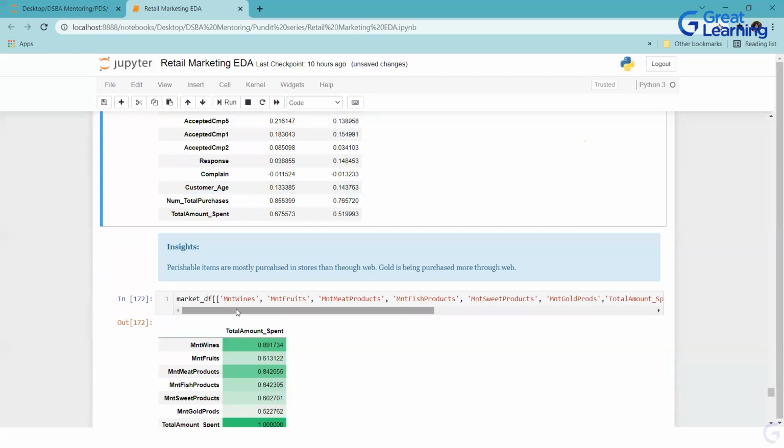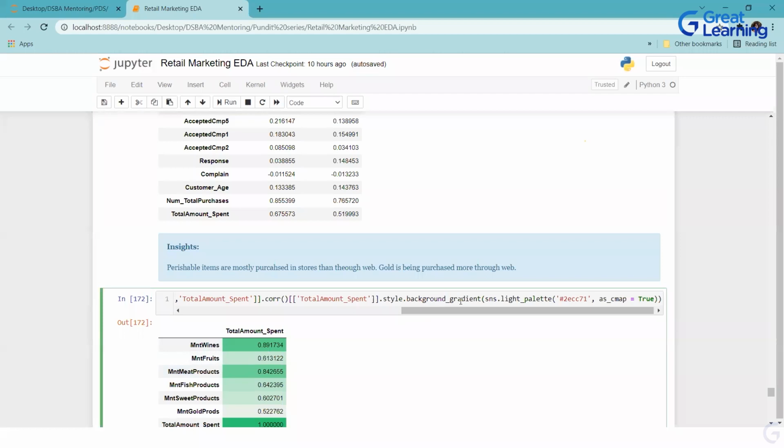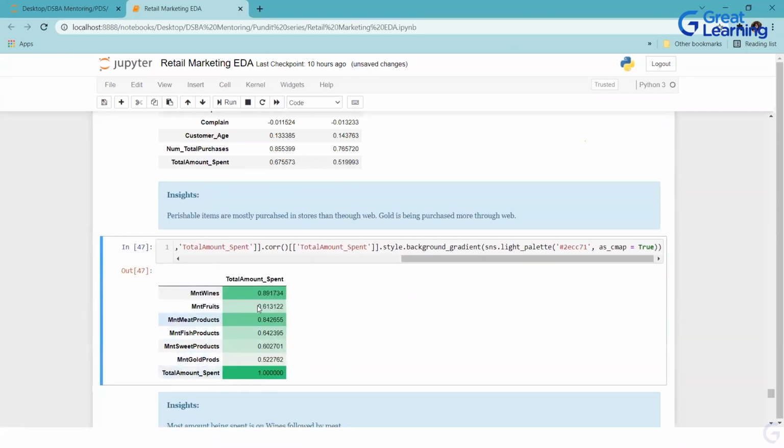Okay. So what I did is I took all these columns only and I have added a new thing over here. This is like the conditional formatting that you do in Excel. Over here, you have a style background gradient without creating the heat map. I have nowhere created the heat map. Can we plot a graph using correlation? Yes, you can plot a graph, that is your heat map. This is what I am doing, a conditional formatting over here. It will color code based on the correlation like it does in a heat map, but without creating the heat map. Same thing I showed you above, only for a few of the columns: all the products and total spend.